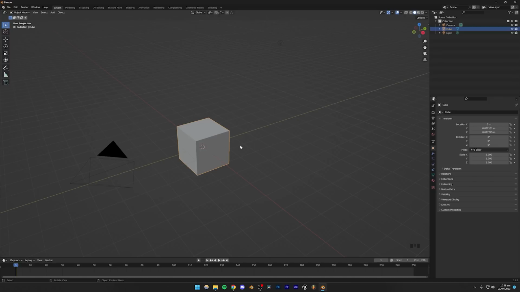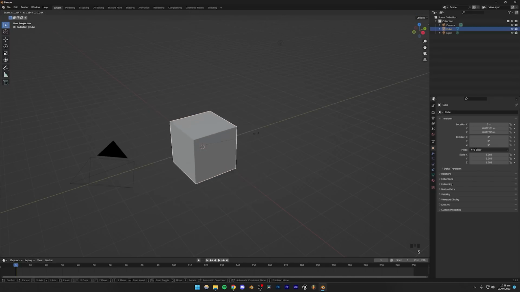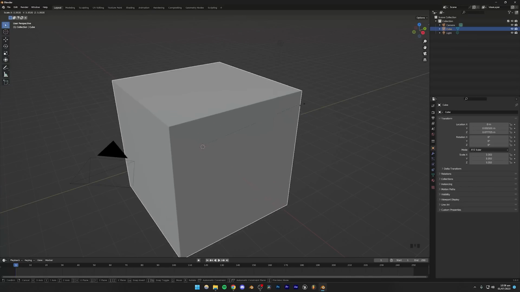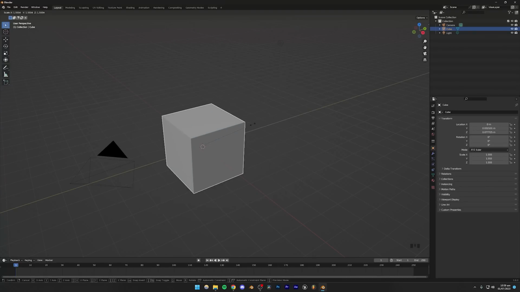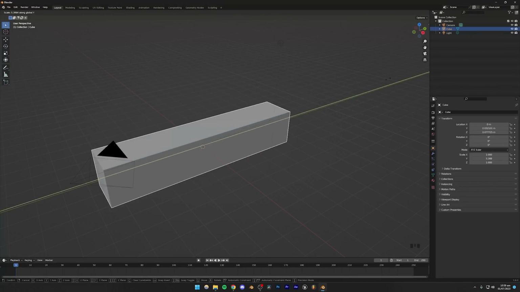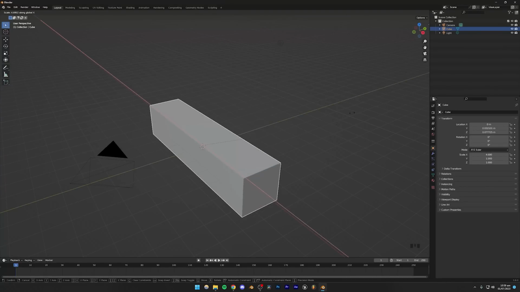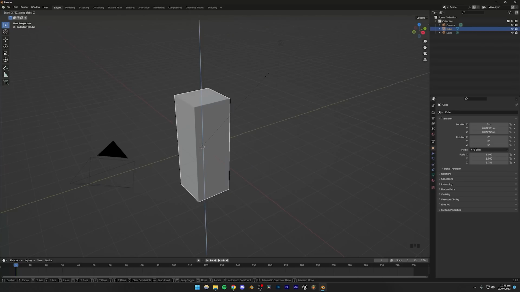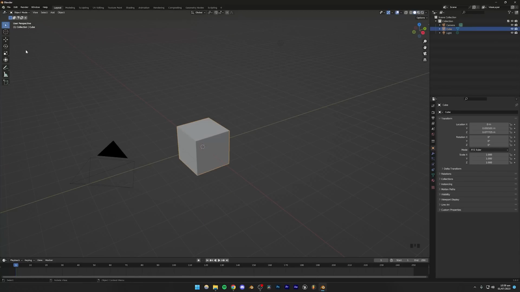And if you want to scale it up, you can just press S, and it's going to scale it up uniformly. And if you don't want to scale it up uniformly, you can just press Y on your keyboard to scale it up in the Y axis, X in the X axis, and Z in the Z axis. Right? Now, what if you want to move it in, let's say, the Z axis and the Y